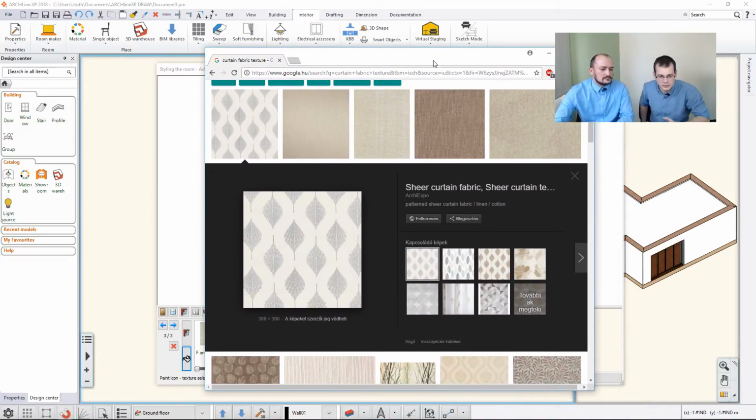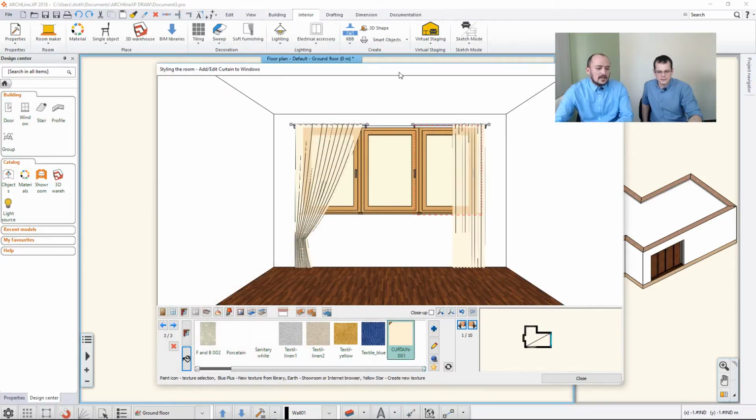So now Ilyes looked for some kind of curtain fabric, which he found in an image format, and he just right-clicks. If you right-click there and you click copy image, or just simply copy, it really depends on the browser. I already did. Bottom line is that you have to copy this into the software. You don't have to manually download it and import it somehow. You just right-click copy, and then you go into the software, and then here's the material library for the fabrics,